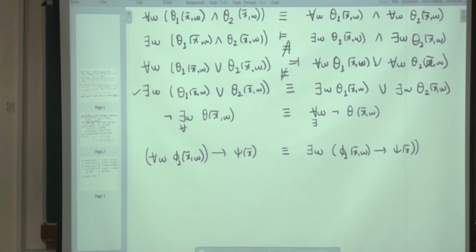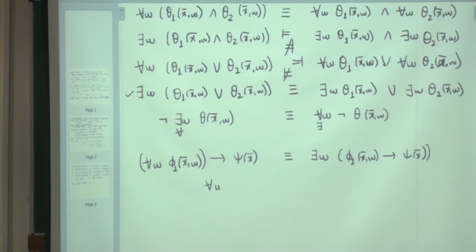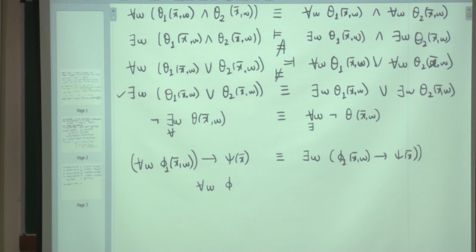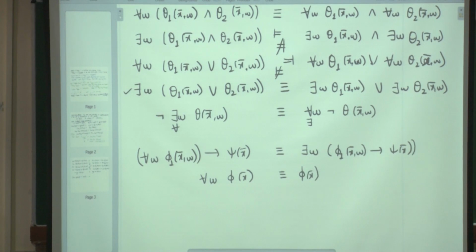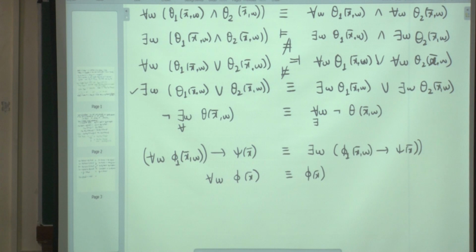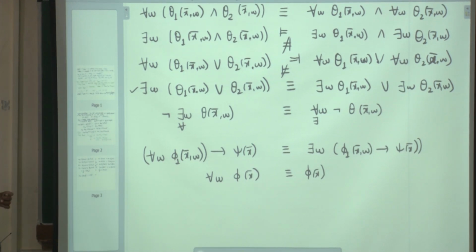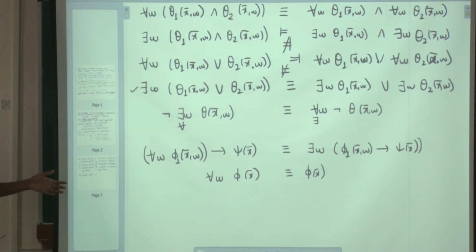Well, I think we are also using something which was unsaid so far. If I write for all w phi x bar, then this is logically equivalent to phi x bar. You understand this? So w is replacing a free variable which does not occur. This is the dependency theorem. Yeah? I mean, this is not the exact correct formulation, maybe I should say it properly.